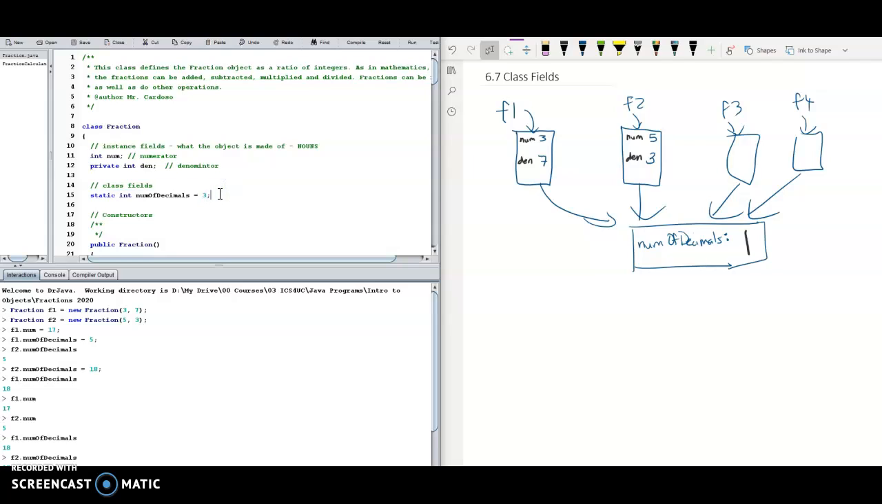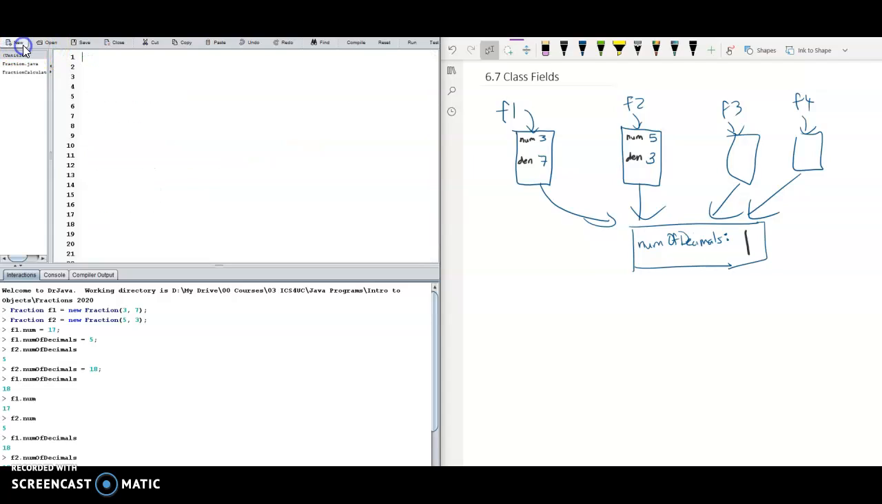And that's why in certain circumstances, you want to think, well, what's that one variable that you want to have, but it's common to all of the instances. So if you change it, it changes for all of the instances. So another example, with a fraction class, it's kind of hard to come up with an example, but let's say,